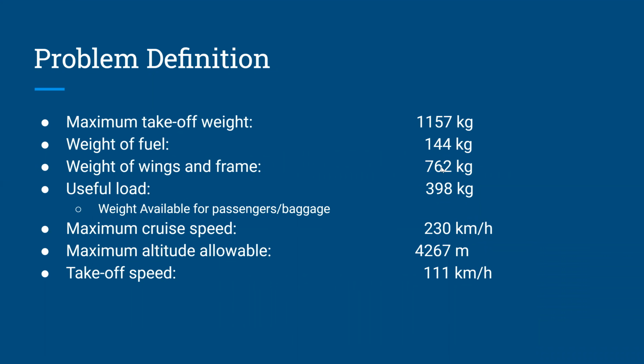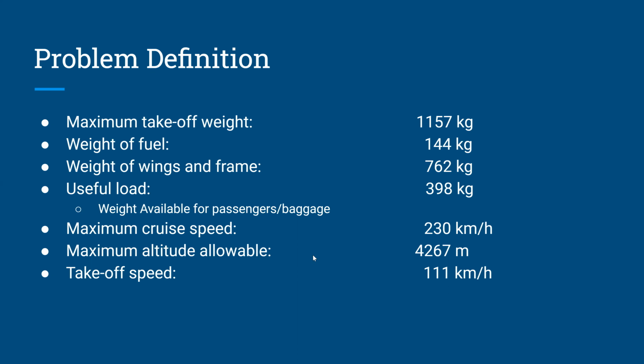To start off, we needed to get some information so we could do our calculations about this type of aircraft. Its maximum takeoff weight was about 1,150 kilograms. The weight of fuel, 144 kilograms. The weight of the wings and the frame, 762 kilograms. And it has a useful load, which is the weight available for passengers and their baggage, of right around 400